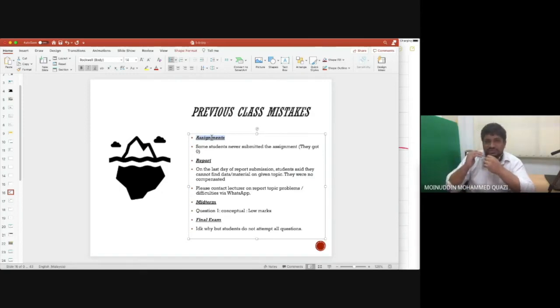We just want to see how you evaluate, what is the process of your thinking. You write something on a piece of paper. When the lecturer sees that, we realize what the process of thinking is, what the approach of problem solving is for the student. If the student leaves it blank, then obviously 0 marks.